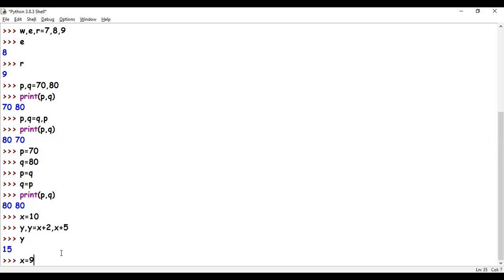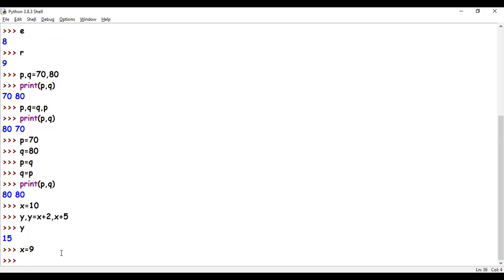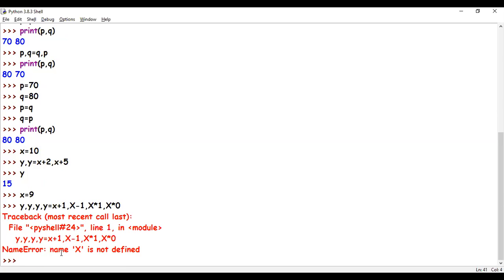x equals 9. y comma y comma y comma y equals x plus 1 comma x minus 1 comma x multiplied by 1 comma x multiplied by 0. Oh, I did the capital letter, na?